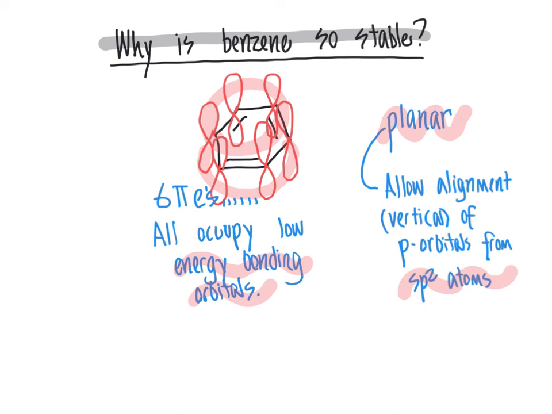So in the next video, we're going to continue to be looking for molecules that are planar, which will allow the p orbitals to align. We are going to be looking for atoms that can be sp2 hybridized because that enables that planar structure to be present. And we're going to be looking for very specific numbers of electrons present within those pi bonds or pi systems that will allow all of the electrons to occupy the low energy bonding orbitals rather than the high energy orbitals, because those low energy bonding orbitals being occupied is going to create molecules that are extremely stable. And so that is at the heart of why benzene is so stable